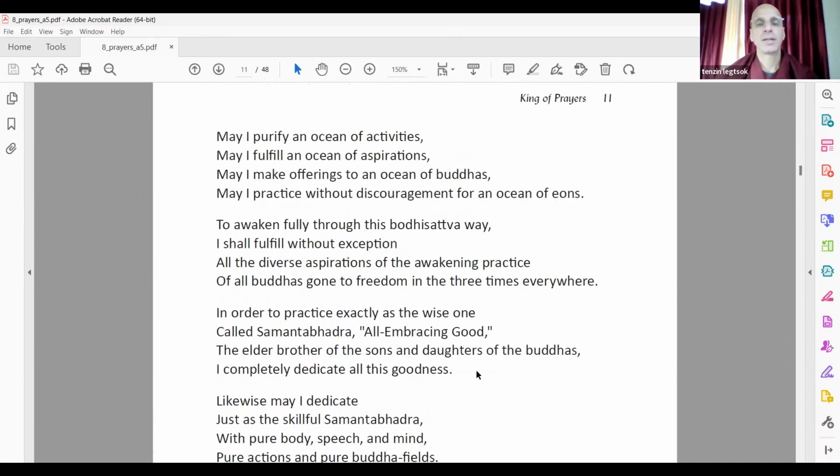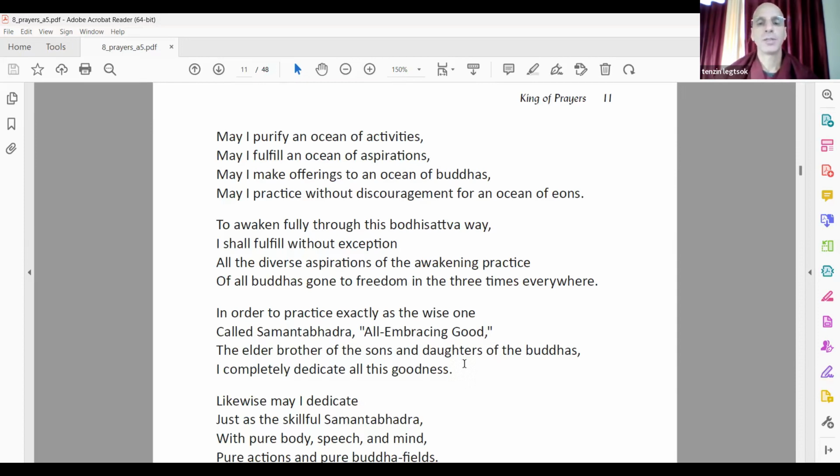May I purify an ocean of activities. May I fulfill an ocean of aspirations. May I make offerings to an ocean of Buddhas. May I practice without discouragement for an ocean of eons. To awaken fully through the Bodhisattva way, I shall fulfill without exception all the diverse aspirations of the awakening practice